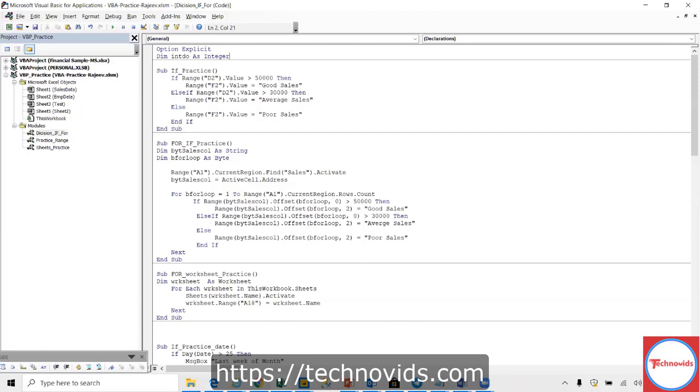Can we change the data type of that variable locally for that particular subroutine? No. If you want to do that, you declare it as a variant. Because what I was thinking is, I have declared it as data type integer as a global, but when I'm using it in a subroutine, can I use it as a byte? You can use it as a variant or string also. When you use a string, you can store the number values, correct? The only thing is number operations may become difficult, but you can use string or variant.